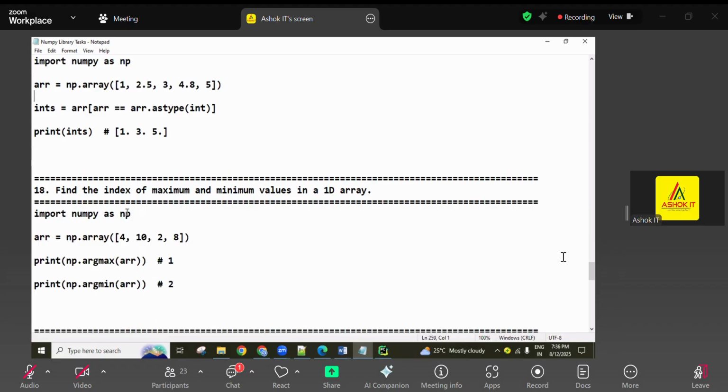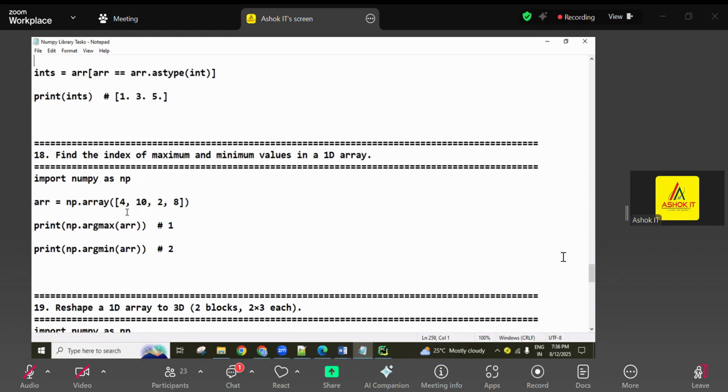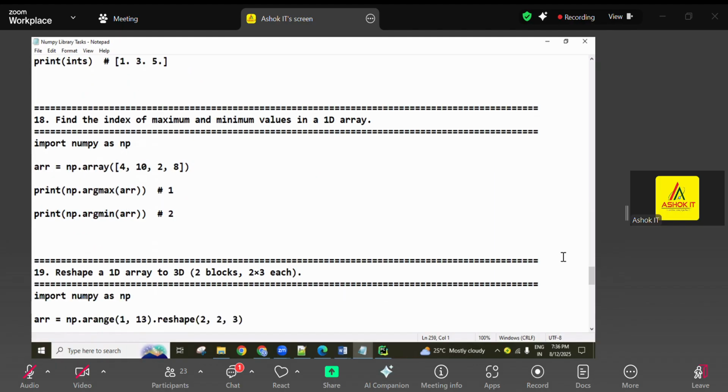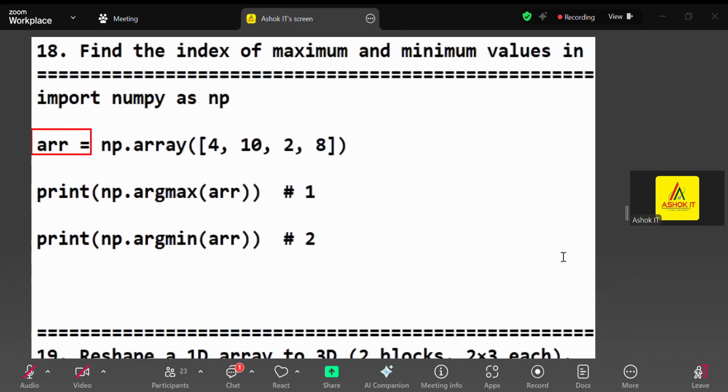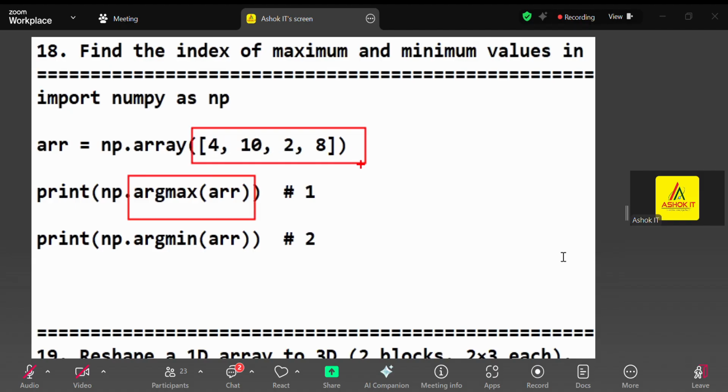Okay, this is one program: find the index of maximum and minimum values in the 1D array. If we want to access the index, I created an array of elements. Now here, the argmax method, guys, argument max. In this array, whichever value is the max value, its related index can be accessed. So this is index 0, index 1. In index 1,